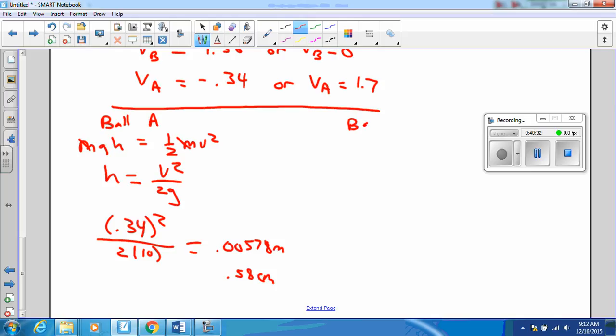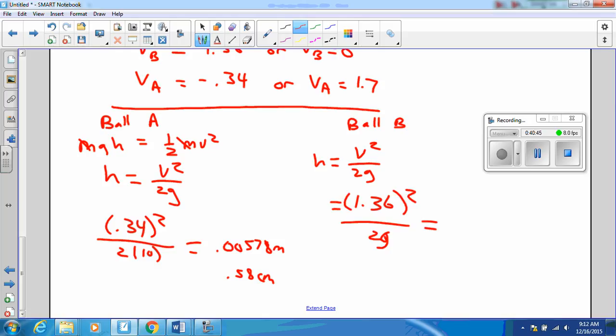Meanwhile, how about ball B, same equation, different values. But ball B is going to rebound to a height of 9.2 centimeters. Now here's the crazy thing. I'm not going to prove that at this time, but I think physically it will at least be plausible to you